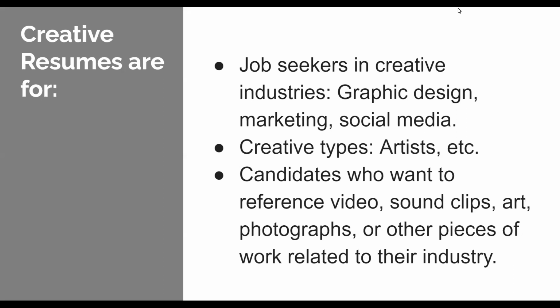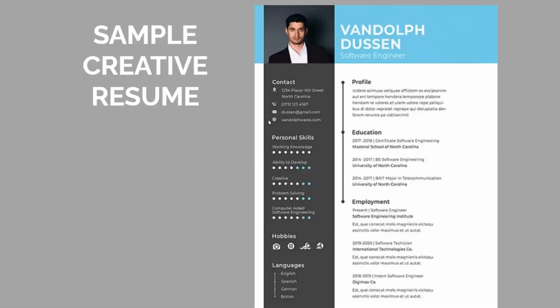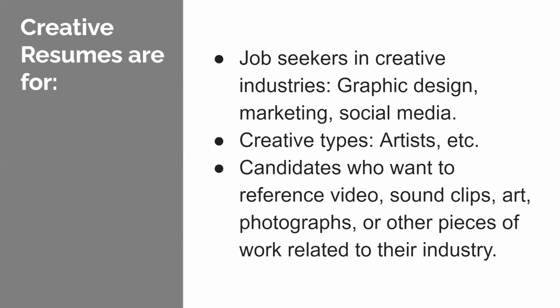Honestly, when you're looking at this versus this, which one is going to catch your eye? I know for me, it'd be one of the first two. It's much more digestible, right? But that doesn't mean that you're always going to be able to use it. But if you have materials that you want to reference, like video materials or photos, things like that, related to their industry or the job that you're going for,